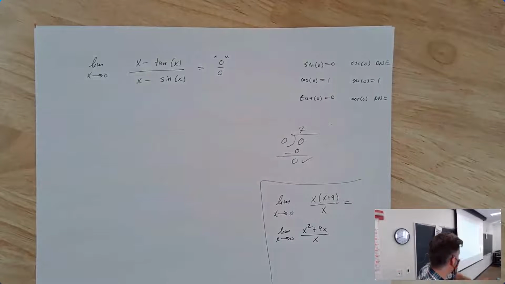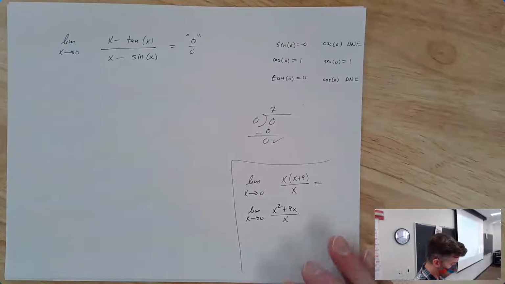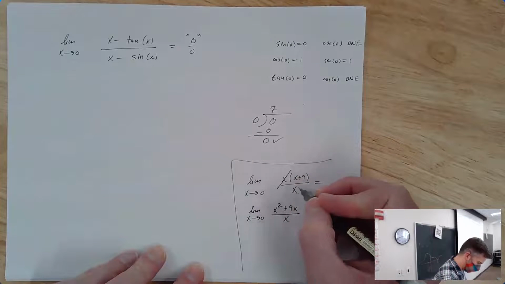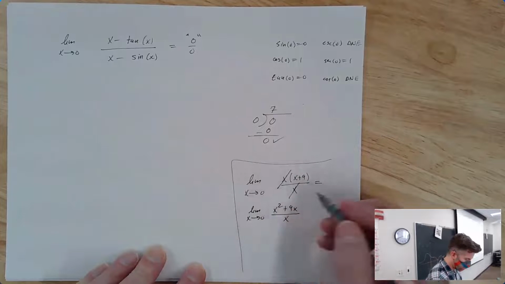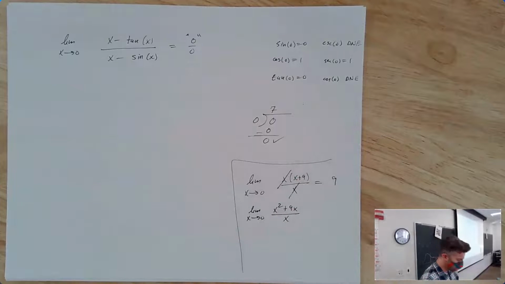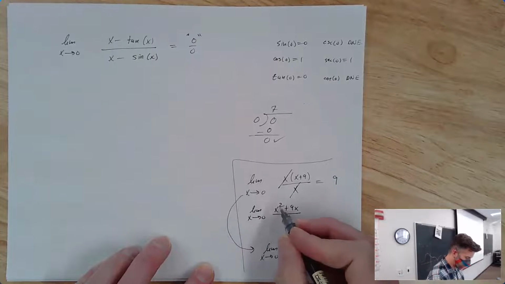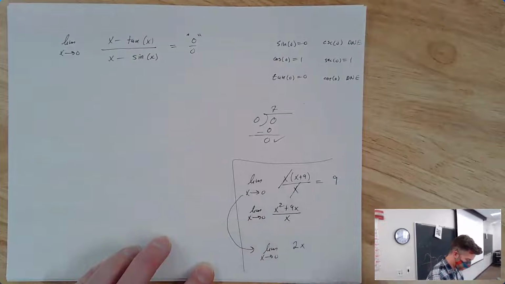Right, that is an indeterminate form, but the limit is definitely 9, because if I factor out an x, I can then cancel these x's and plug in 0 and get 9. Or I could use L'Hopital's rule. Limit as x goes to 0, L'Hopital's rule, the derivative of the top is 2x plus 9 over 1. X goes to 0, I get 9 over 1.